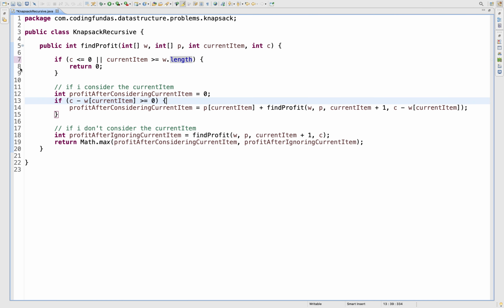And here I've also done some optimization: I'll call it only if the current weight can be accommodated in the capacity of the bag. So this is the recursive solution. I hope this is clear to you. Now we'll see how to recognize the overlapping subproblem in this solution.